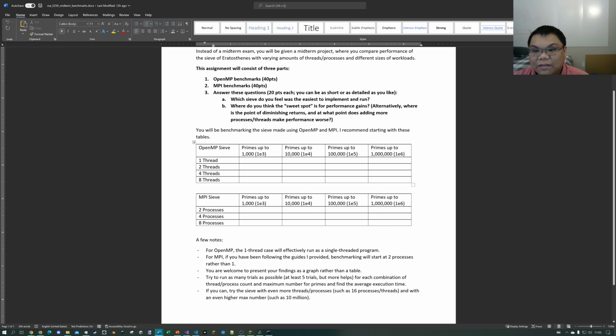So, yeah. I've included a few example tables for you to get started. For the OpenMP sieve, you have 16 entries for 1,000, 10,000, 100,000, and 1 million primes with 1, 2, 4, and 8 threads. For MPI, if you've been following along with how I programmed the sieve, we're starting at 2